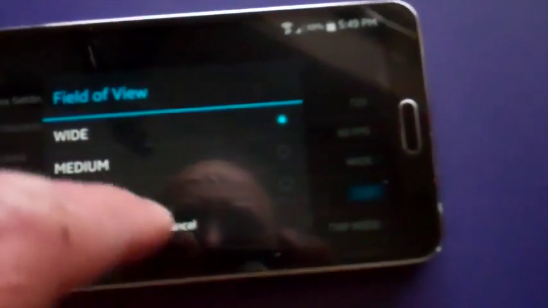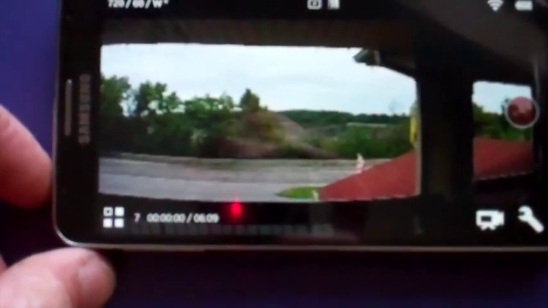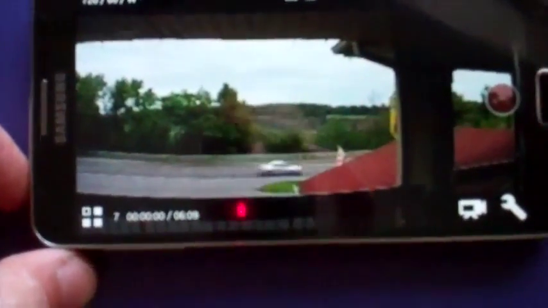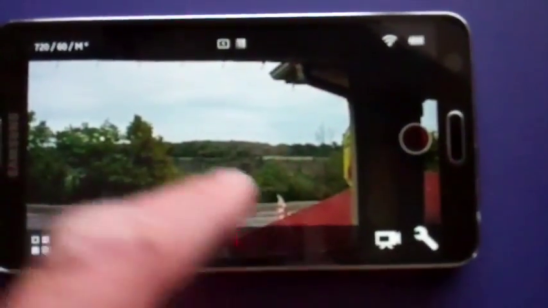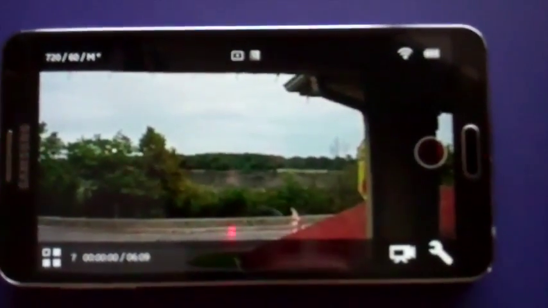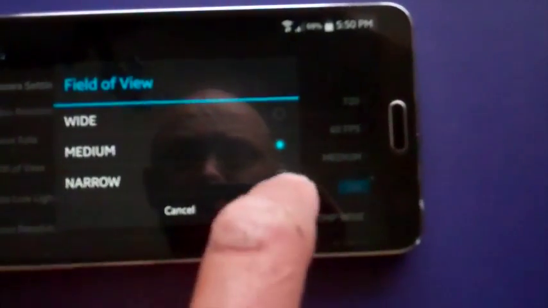And by the way, let me show you how it looks now. See? So that's what the picture looks like now. We see part of the red roof on the right. We don't see anything on the left, right? So this is wide. And there's a big ravine in there with the river. But sometimes some objects are quite far, right? So I can make them bigger by going with the medium angle. You see now the roof kind of disappears, and the trees become bigger, right? And then I can even go to narrow,